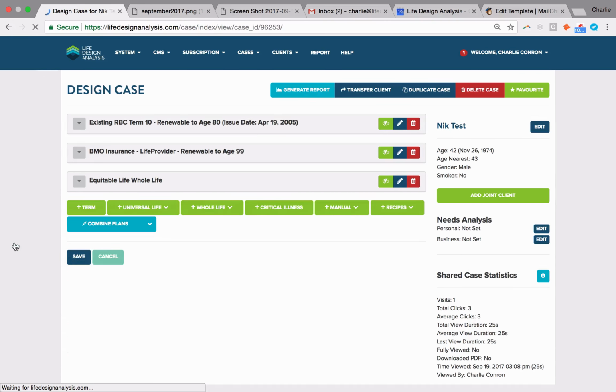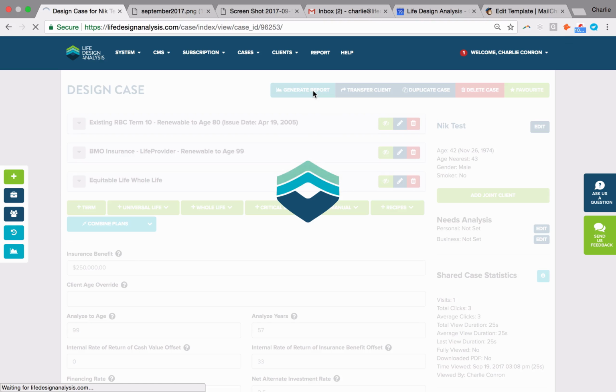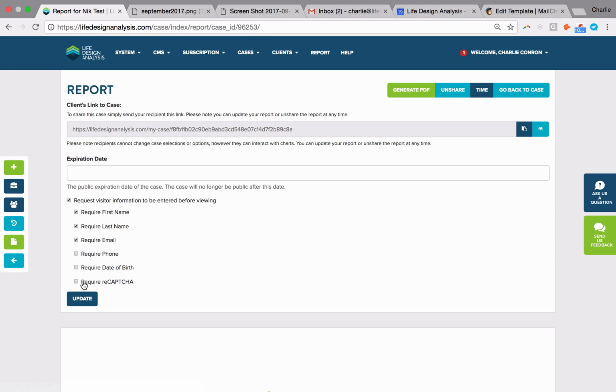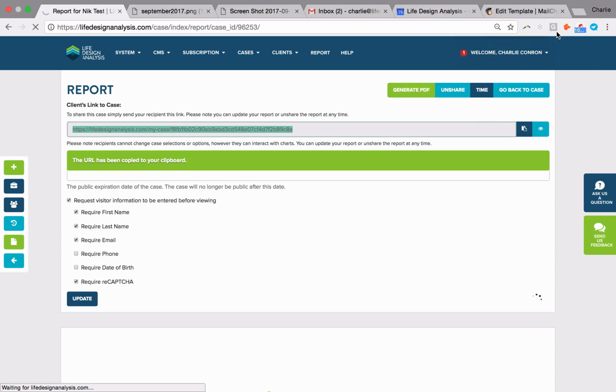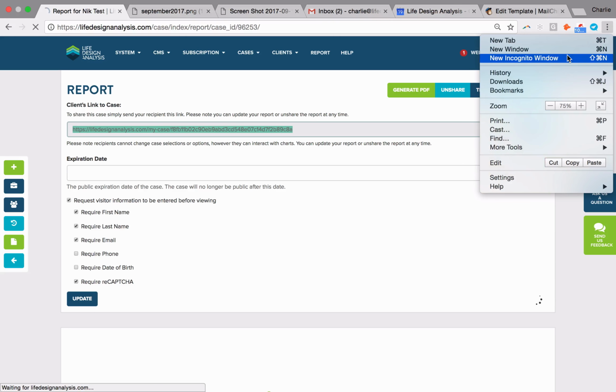So if I go back to that last shared case here as an example, I can show you what I mean by that reCAPTCHA on that shared case link. So all I have to do is check this box, update the case, and again this link here, and I'll just open this in a new incognito window.